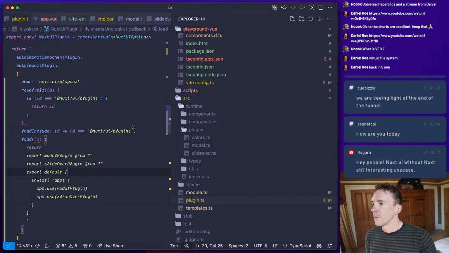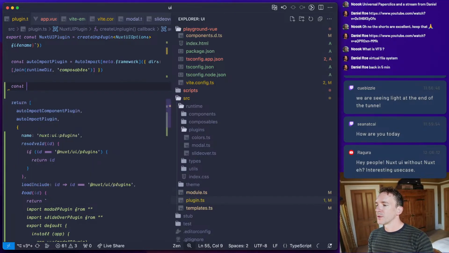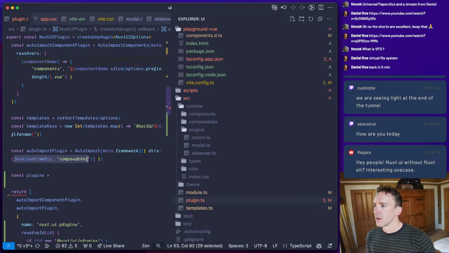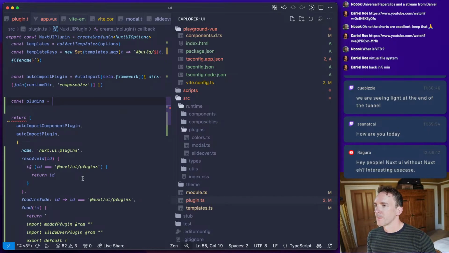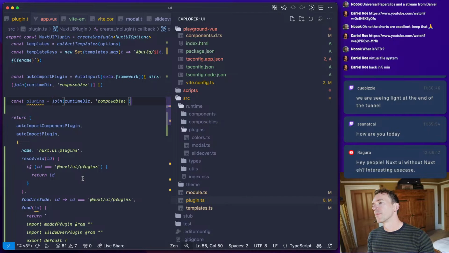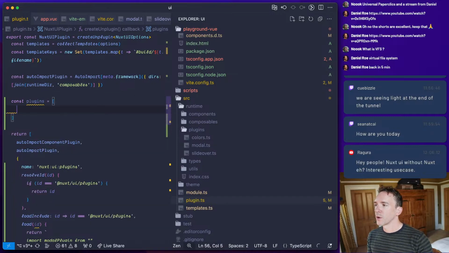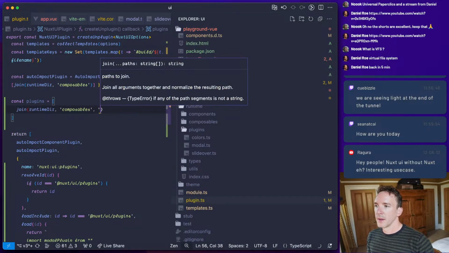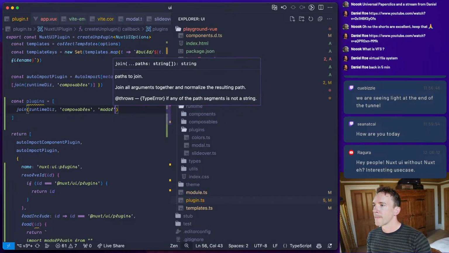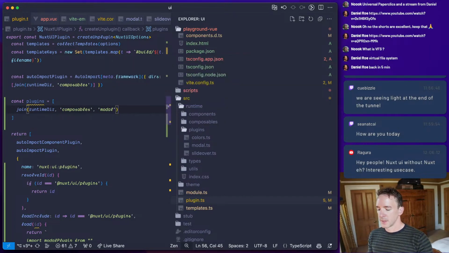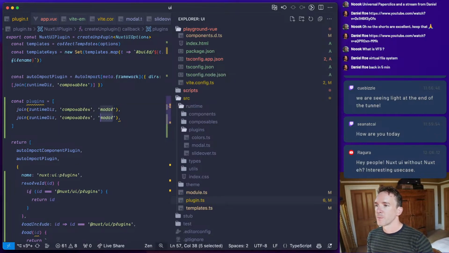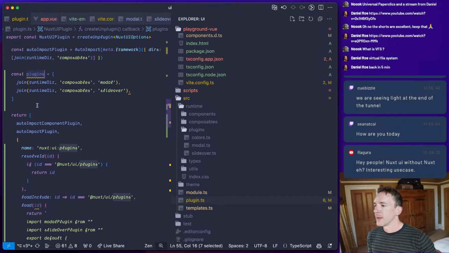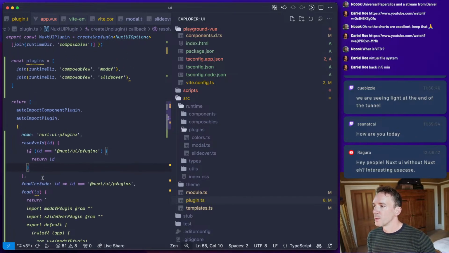And we're going to have to transform those plugins. And we're going to get the paths of them. So const plugins equals, I'm going to hard code it for now. And it's going to be then modal.ts and slide over.